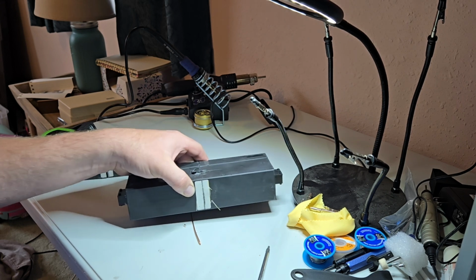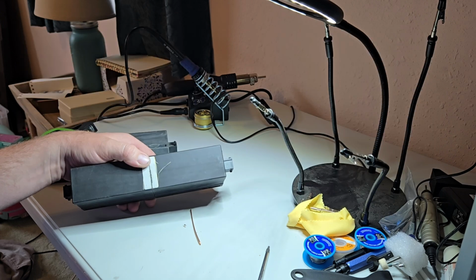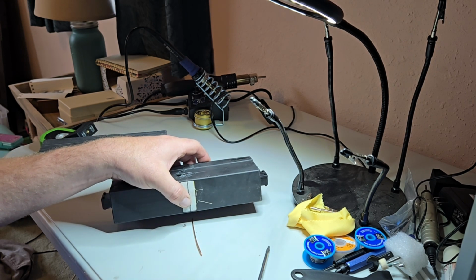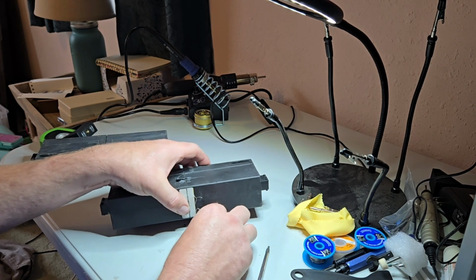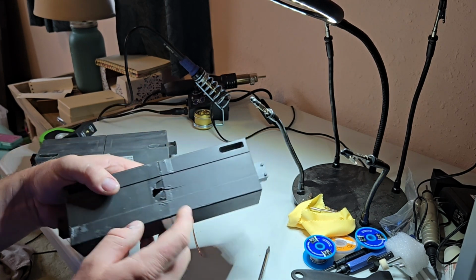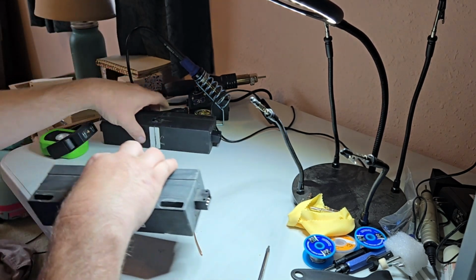Some of you guys may have seen these before. These are on order pickers, high reach machines. They go in very tall warehouses. Anyways, so on the bottom of the machine, it needs to be very close to the ground to pick up said wire. And this customer has like a piece of hardware that gets on the ground, and as they drive over it, they will sometimes puncture a small hole or push up on the plastic hard enough that it'll damage the inductive pickup. So I got one here that I've opened up,